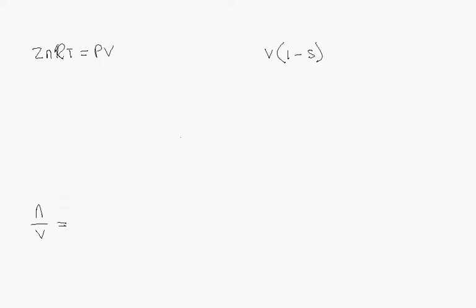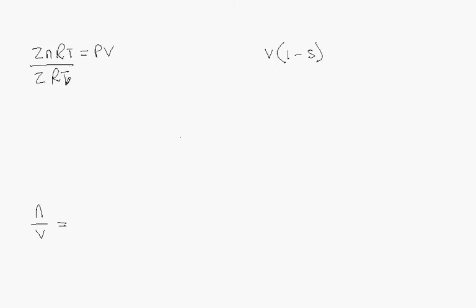Now, n's already in the position where we want it. That's the numerator on the left hand side of the equal sign. So to remove the terms multiplying n, Z, R and T, we just divide by Z, R, T,